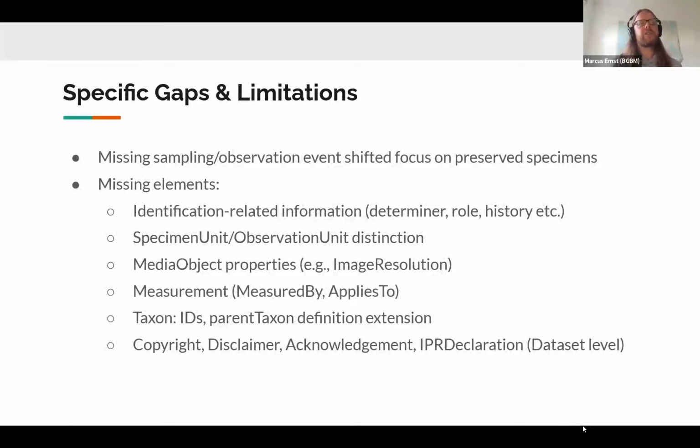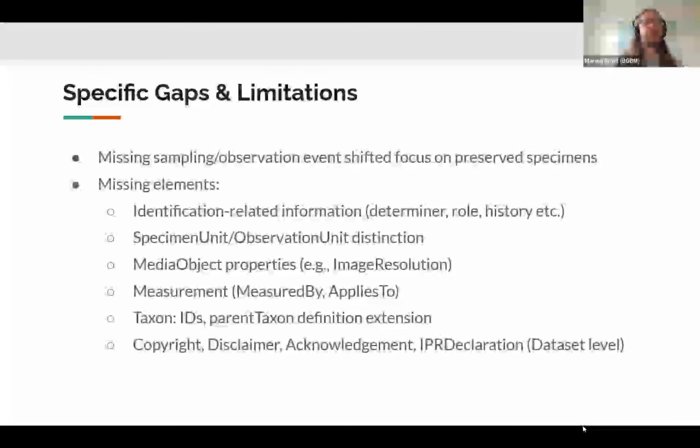Another example are some media object properties like image resolution, but also measurement semantics, like the person who did this specific measurement; we could call this property maybe measured by.